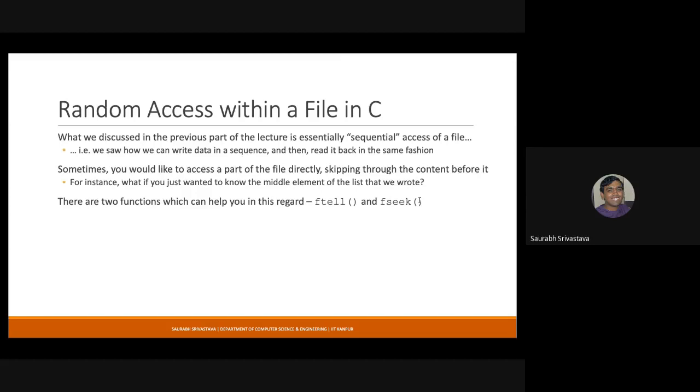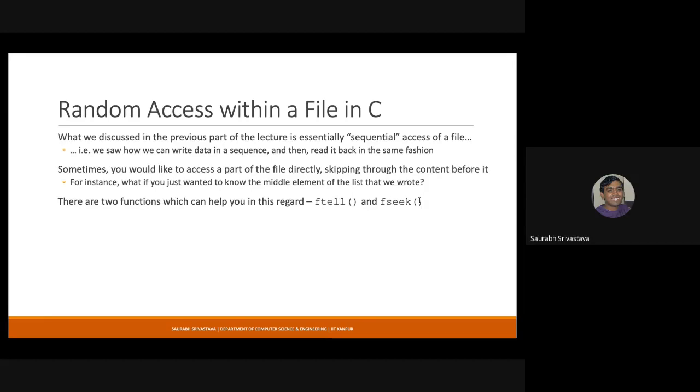If you want to read a particular value within a file, let me give you a simple example. If you have written 10 integers within a file, you have written 40 bytes of data, and if you want to read the fifth integer, you have to skip 4 integers within the file. So 4 integers means 16 bytes of data. If you tell fseek to take you to byte offset 16, and then use your fread function to read an integer, the integer that you will read will be the fifth integer in the file. This is the overall concept of fseek.